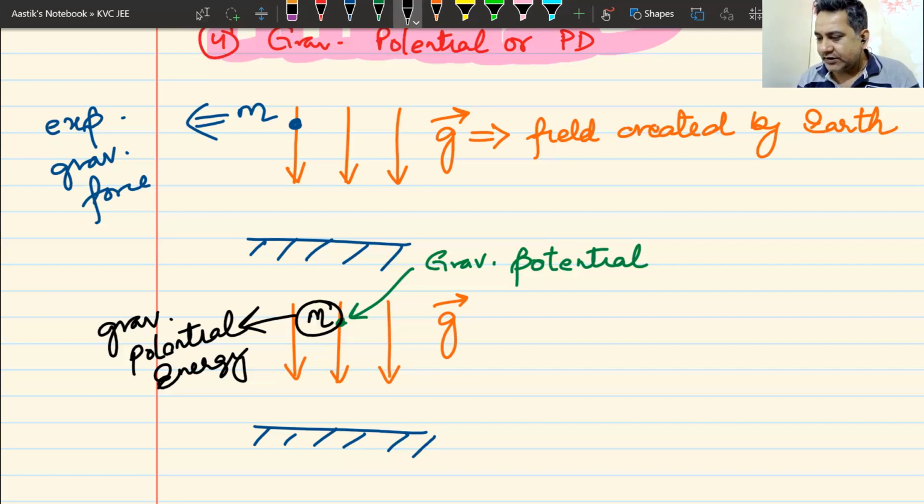If you have any doubts, you can come up to me. If you understood this much, you have covered almost one-third of the portion of 12th standard as well. It's all about field and forces and potential energy. More than half of electrostatics is this. So we have covered half of class 12th electrostatics as well. I'll wind up your class here.